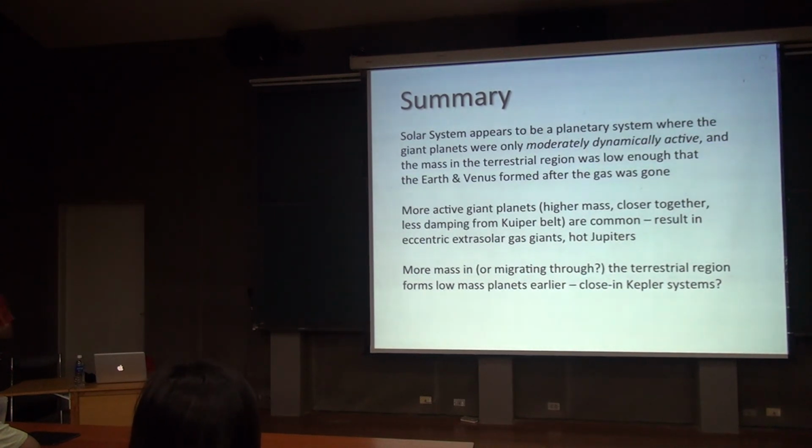If you're in a binary, the random velocities of those sized objects become larger, and so collisions would actually just break them up again. So the fact that we actually see some planets in those circumstances says that maybe the initial sizes of objects that are formed are larger than kilometer sizes, so that they can hold together more easily on collision. So probably it says something about that, but